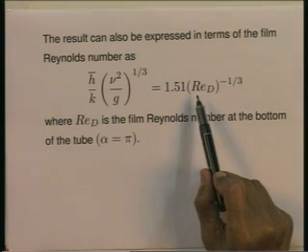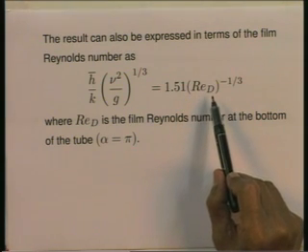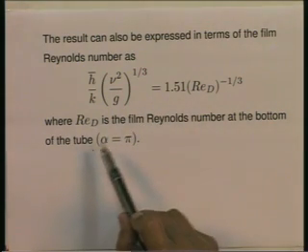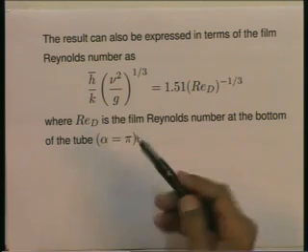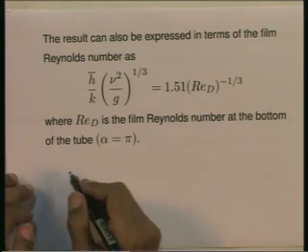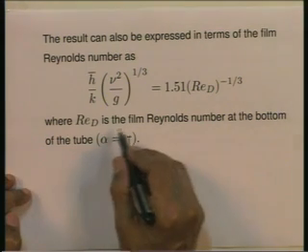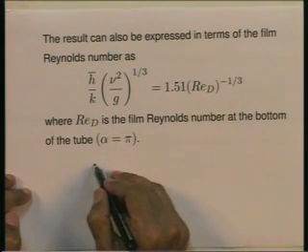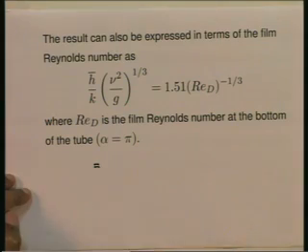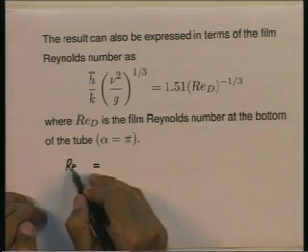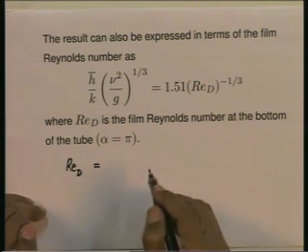Otherwise, the nature of the expression is the same. Earlier the film Reynolds number was Re_L. It was the Reynolds number at the bottom of the plate. Now, Re_d is the film Reynolds number at the bottom of the tube, and it is given by Re_d is equal to